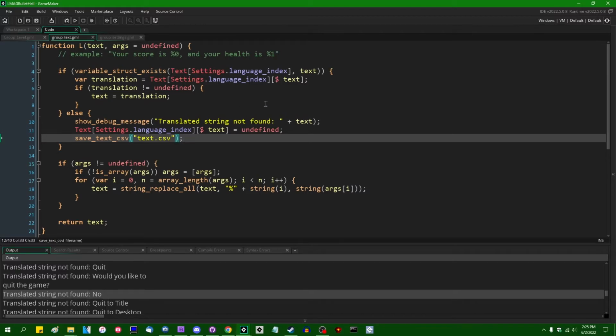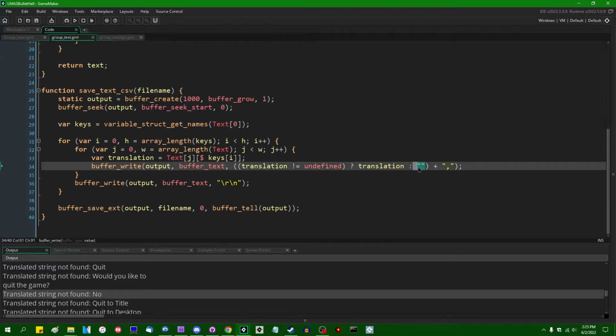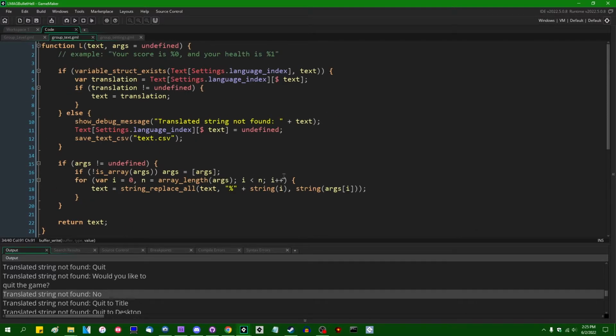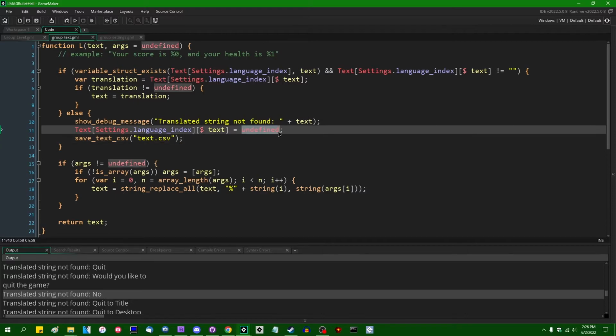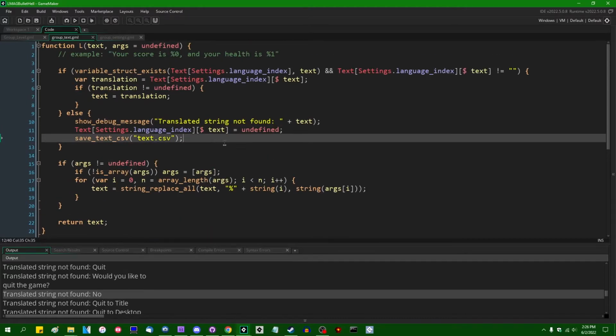One thing I will do, though, is that the default string for a string that has not been translated will be the empty string, and in that case, I will want to show this message. So I'm going to add a second condition onto this. If variable struct exists and the value is not equal to the empty string. If it is equal to the empty string, we'll do this again, and we'll set it to undefined so that the game knows to warn you and